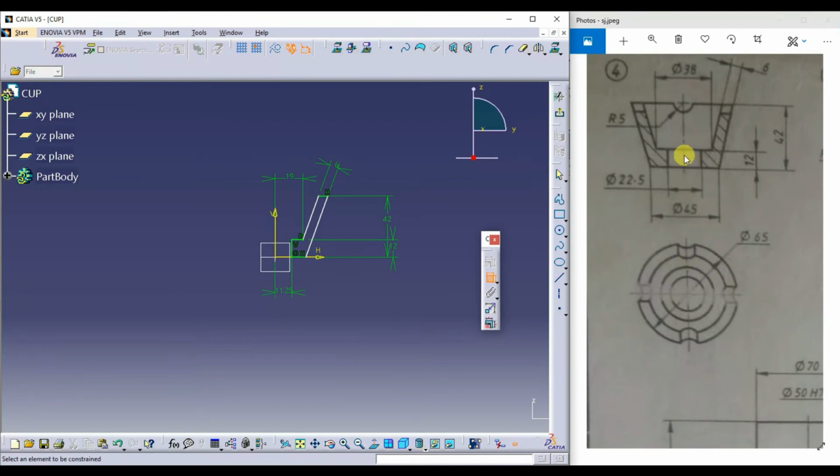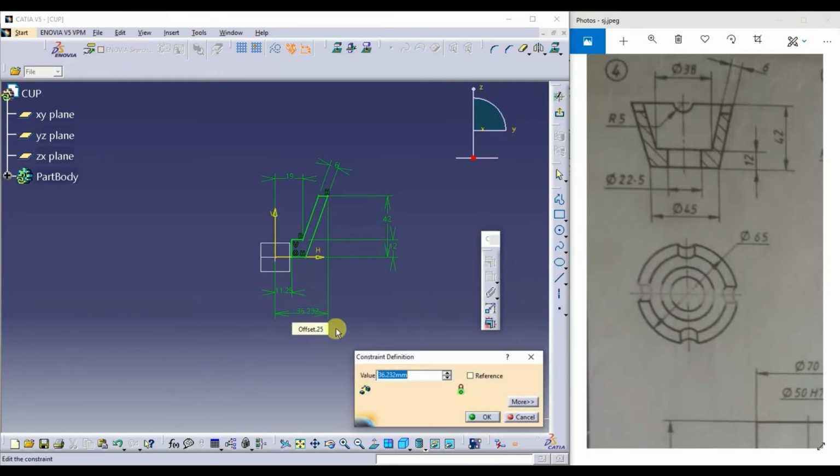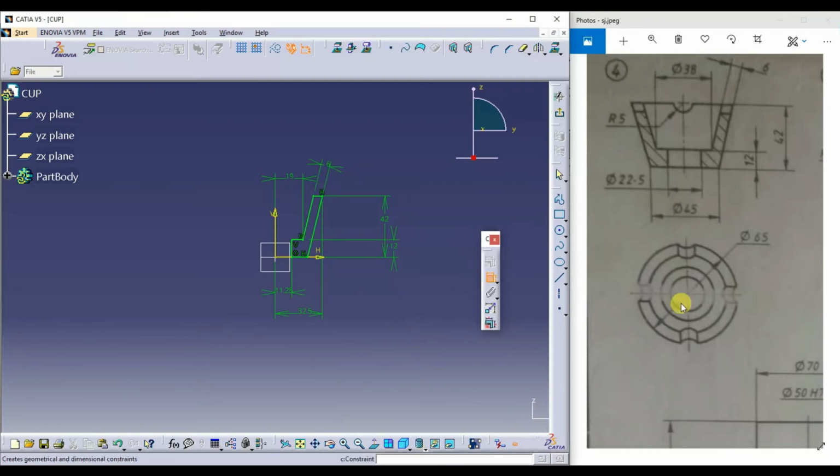Next, this outer diameter is from here to here, it is 65. So from here to here it is 1/2 of 65.